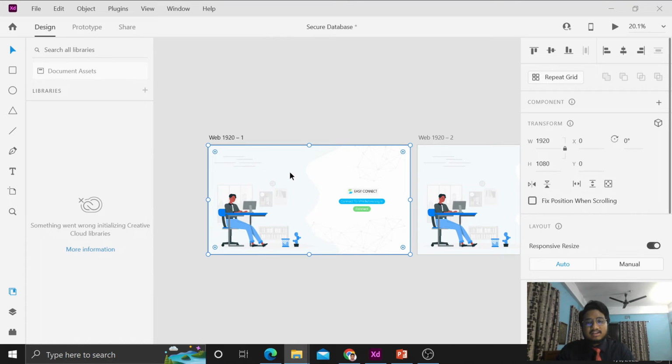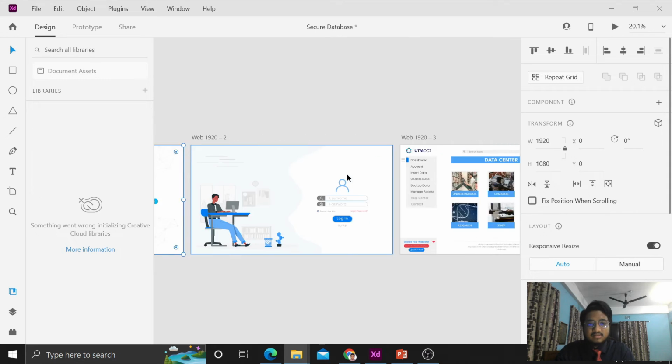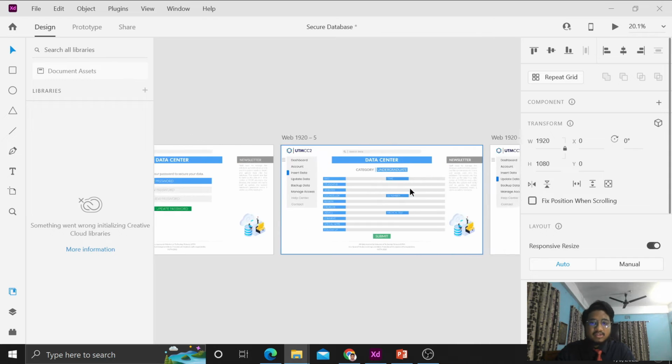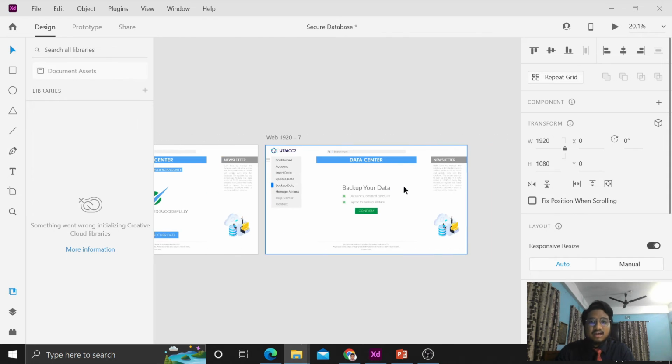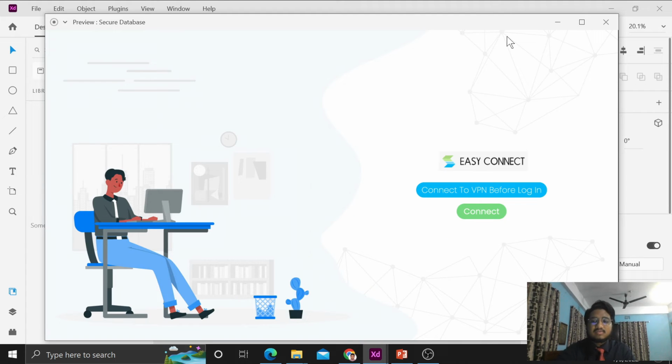This is the overall design for my user interface, secure database. I used Adobe XD for my user interface design. This is the overall pages, the seven pages for my user interface design. Let's see. I will explain the guideline for how this diagram works. So let's play the diagram, and firstly we can see